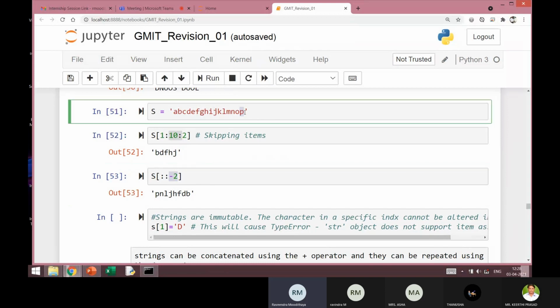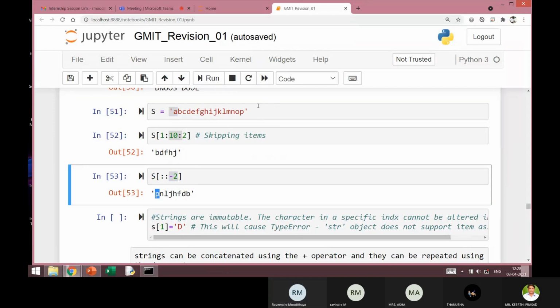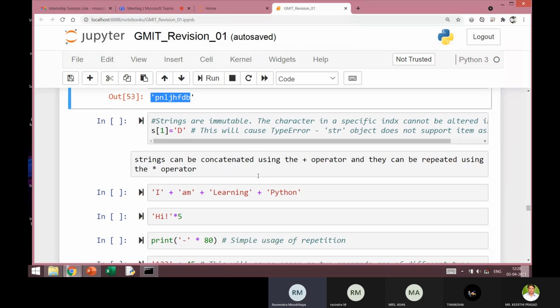So the start is this P, the end is A. The first item is P, and every second value is included in the output. Just read it from the end to beginning with every alternate character: P, N, L, J, H, F, D, B. That's what is outputted here.